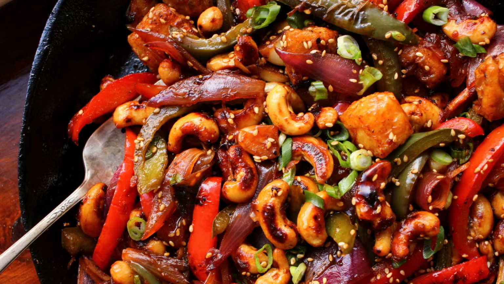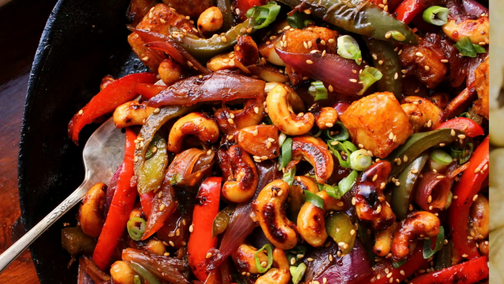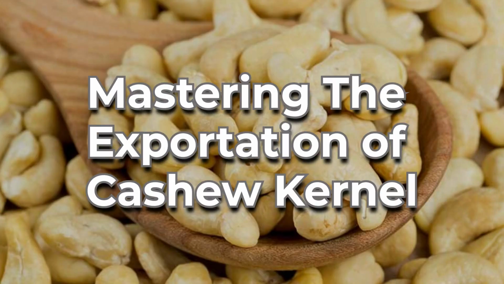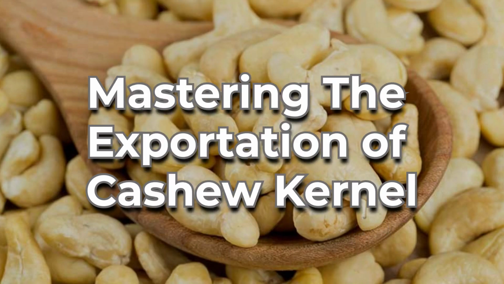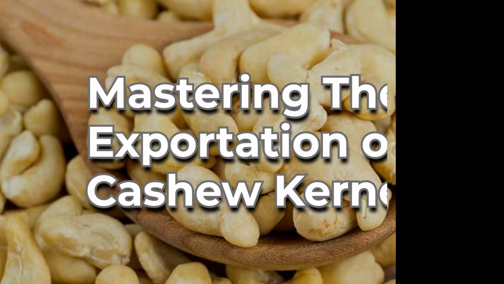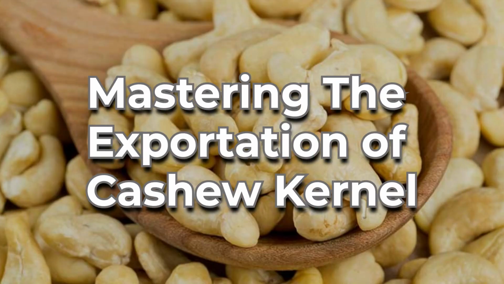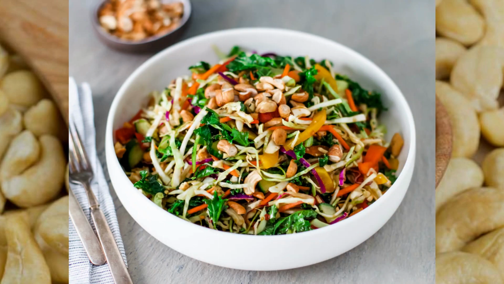Cashew kernel are commonly used in chocolate and other confectioneries. Nutritional snacks: cashew kernel are used in trail mixes, energy bars, and other nutritional snacks due to their high protein and healthy fat content. Garnishes and toppings: split and broken cashew kernel are used as garnish and topping on salad, yogurt, ice cream, and